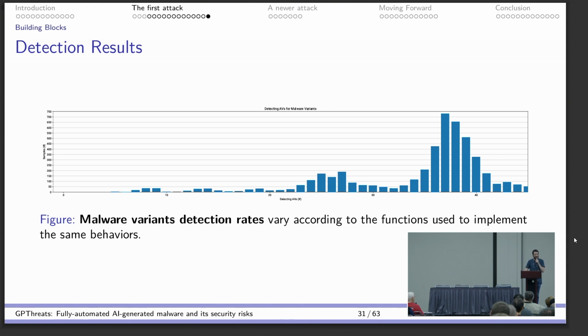Good, right? But if you like to see on the other side, I have some bad news, because here I have thousands, 10,000 of samples. All of them are functional, all of them are achieving their goal, they are structurally different, and many of them, as you can see here in the left side, are not detected. Some of them are detected by a few, and some of them that you can barely see in the figure are detected by 0 antivirus. So it's possible to generate samples that, despite malicious, were not detected by any antivirus even after the 2 weeks,